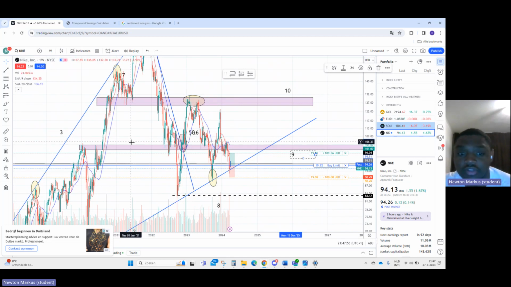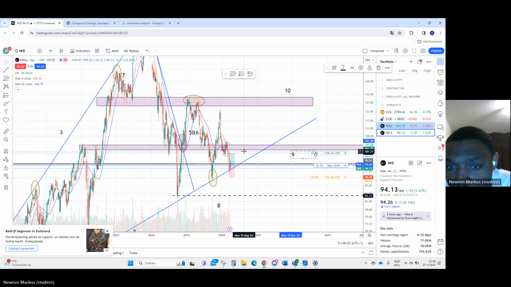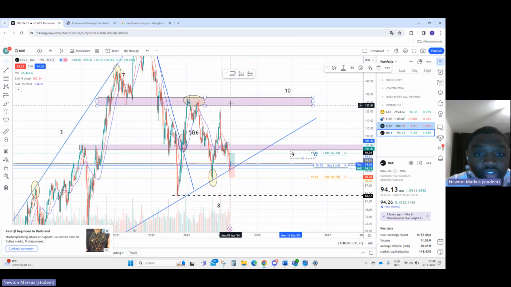So this is a big level in price, and it is also around a round number between 102 and 104. Number 10 is also a big structure level because you can see here it broke out a little bit,